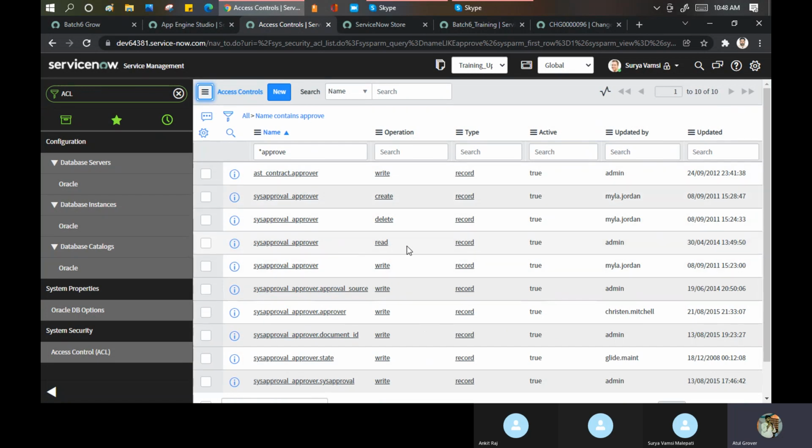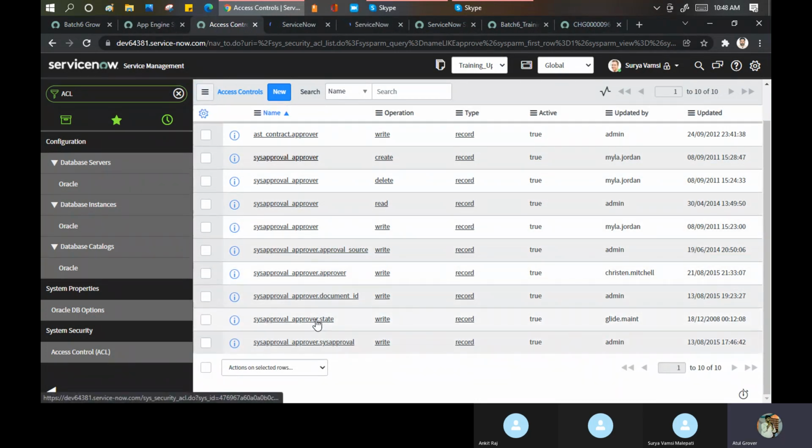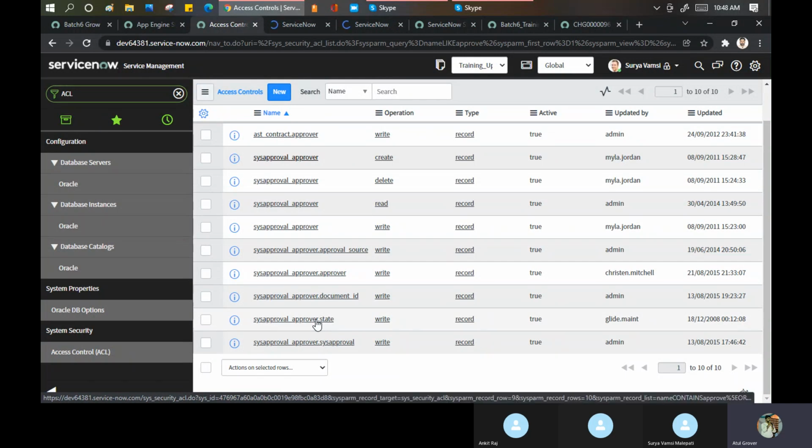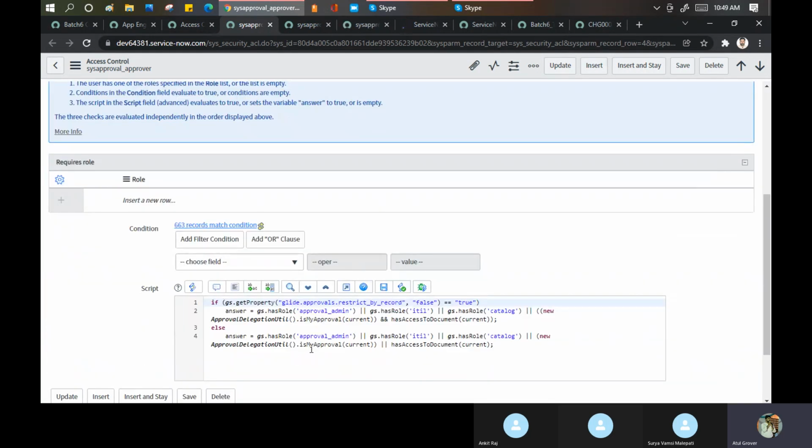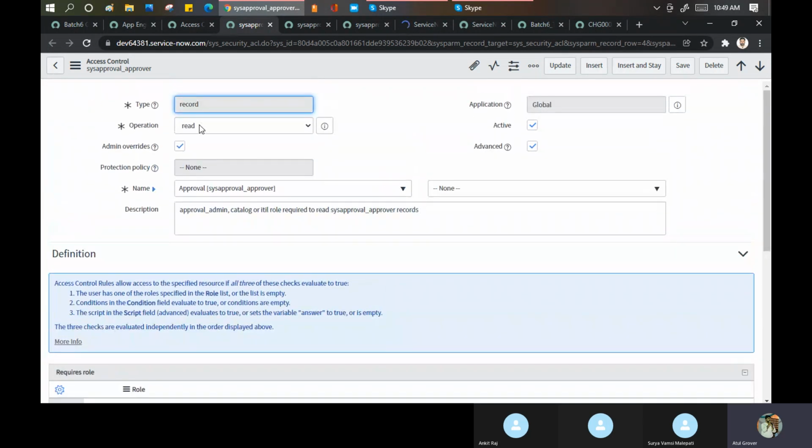Let me open this admin. Not create, sys approval state. Let me open the code just to see which one has it. Yes, like this one. And they write a complete code. What they're saying is that I am building an ACL on the sys approval table.